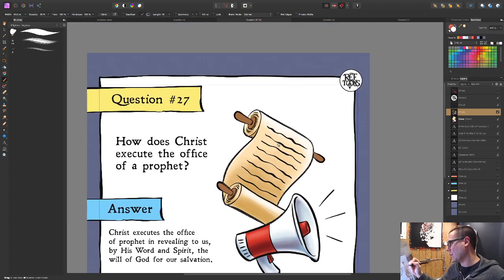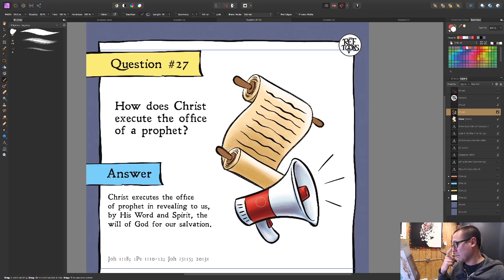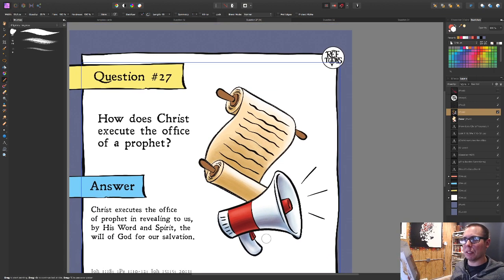I'm working on 27 right now, but I'm on number 32, I think. 27, I don't know, I just missed it or something. Accidentally skipped over it. So, I'm doing that right now.